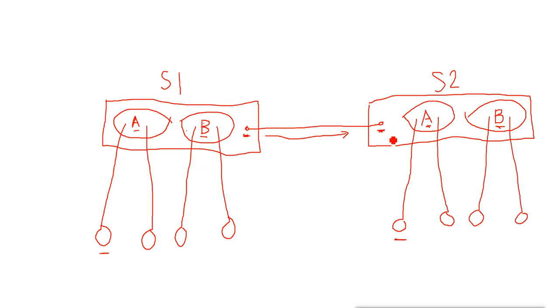But for example, if it goes to this port and reaches the other switch, that switch has to decide which VLANs to send the data to that came from the other switch. Where it will send the data, it has to decide. So how does this switch understand or identify whether the data which came is for VLAN A or VLAN B? So this is also the other reason.